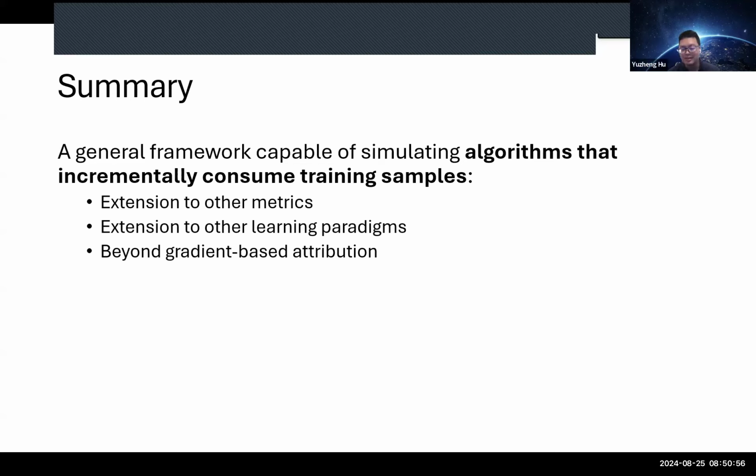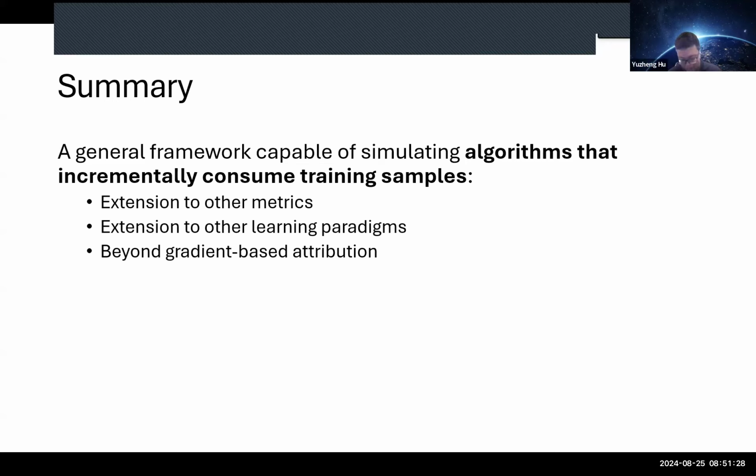For instance, those storage issues, those memory issues that you frequently encounter, say in those gradient-based attributions, say in influence function. So there are a lot of benefits for this framework because it does not really rely on those gradient or Hessian information. So from my perspective, I think this framework is essentially using more information from training, in the sense that